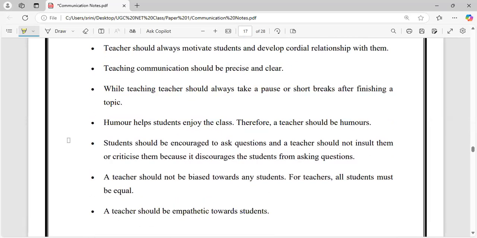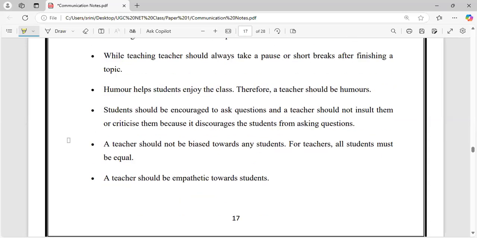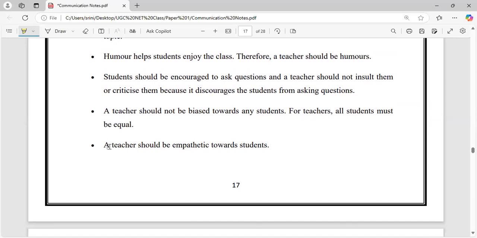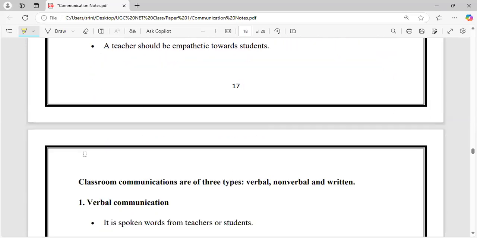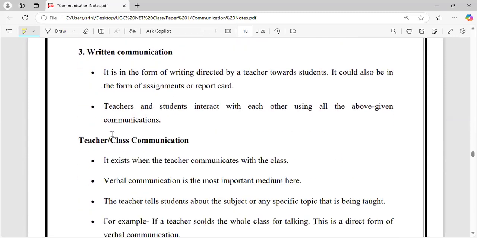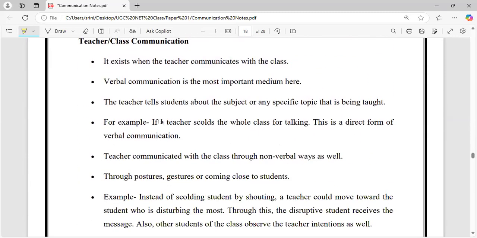Humor helps the students to enjoy the class. Therefore, a teacher should be humorous if possible. Students should be encouraged to ask questions, and the teacher should not insult them or criticize them because it discourages the students from asking questions. A teacher should not be biased towards any students. For teachers, all students must be equal. A teacher should be empathetic towards students. And then again, verbal communication, non-verbal communication, written, teacher and class communications,